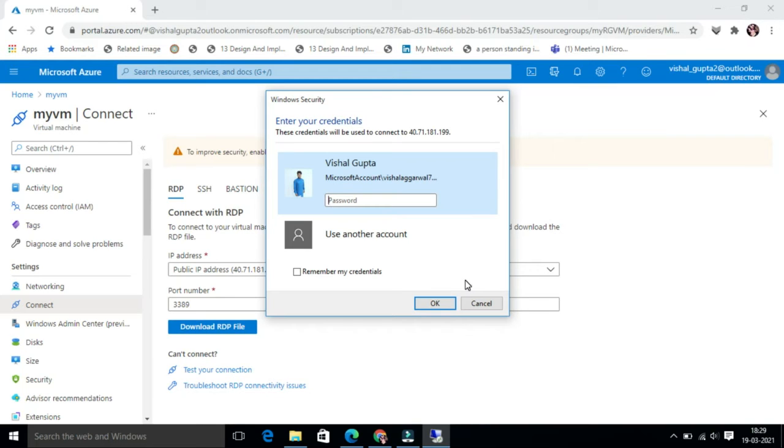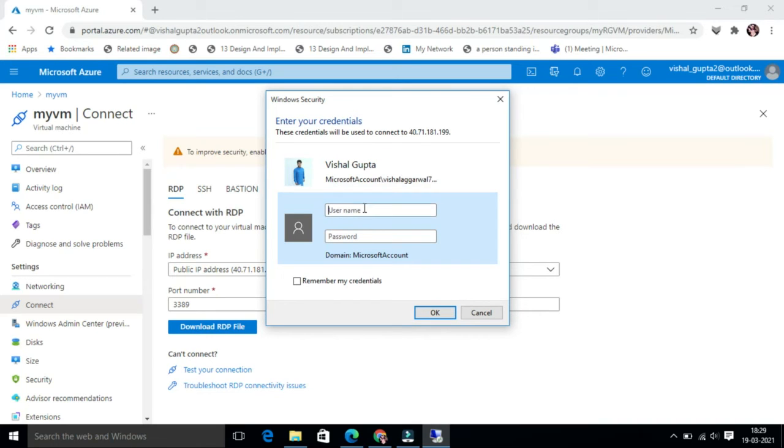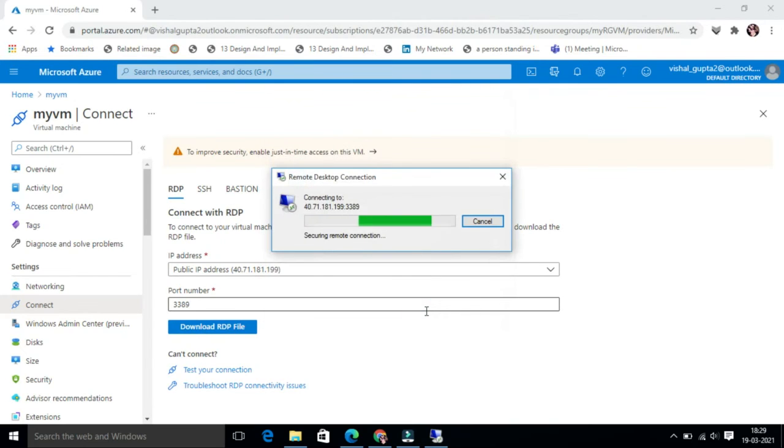In the Windows security window, select use another account. The username which I gave at the time of creating the virtual machine was Azure user, and the password which I gave I will type here. Click OK.